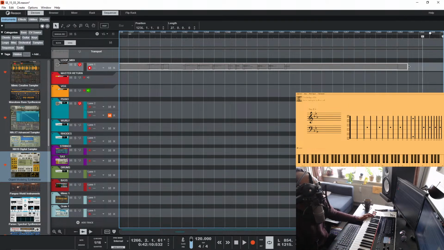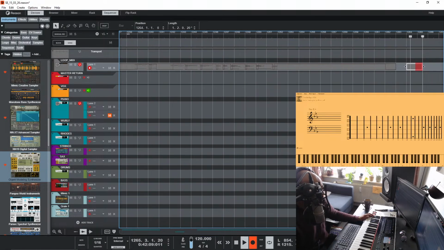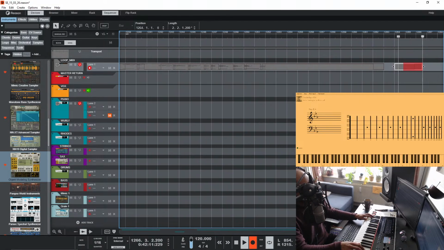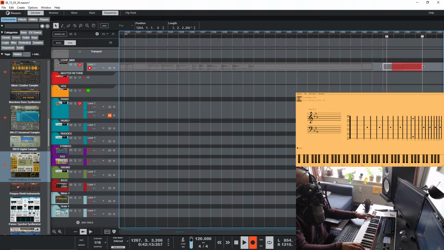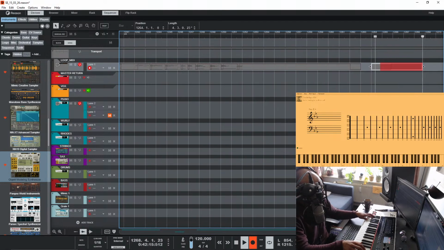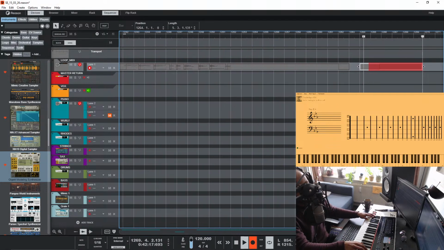Okay, let's get back to this idea because I'm really in love with it. Let's see how we can develop it. So we are in E flat major and C minor. Basic gist of it is